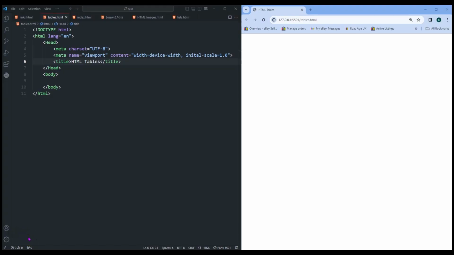This video is going to be about tables and how to create them. So in my code editor, I've got the basic code set up, and I've changed the title to HTML tables. As you can see here, HTML tables is in the browser. So let's get creating